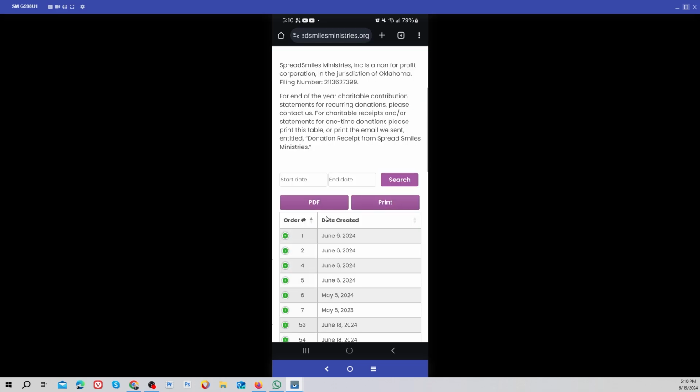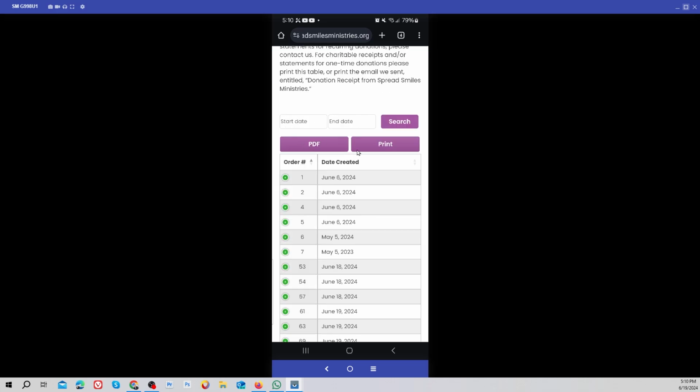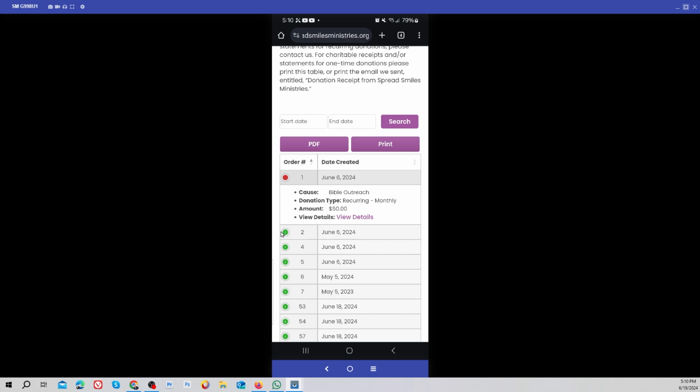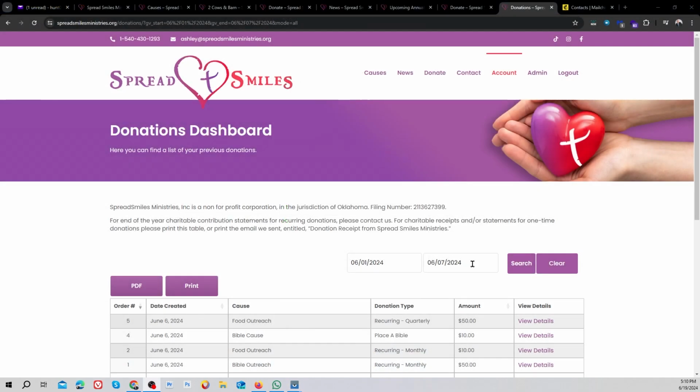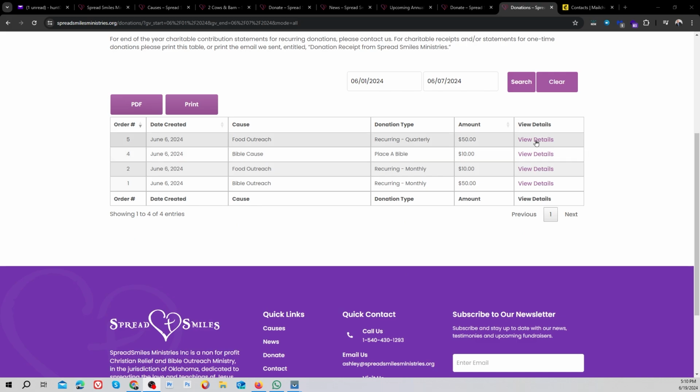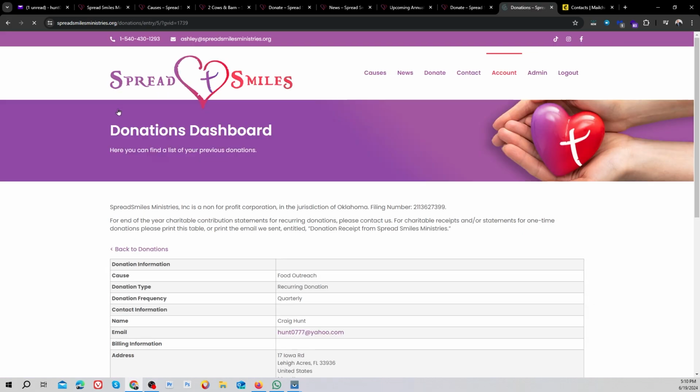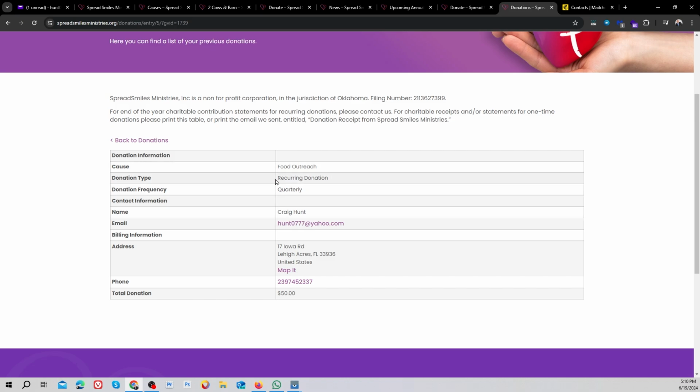Okay, and let's see what this looks like. Same thing, filters, a PDF and print, which are beautiful, and a responsive layout, so that if you hit the plus symbol next to each order, it shows you the cause, the donation type, the amount, and the details. Okay, let's go back to the main and let's look at the details. Each one of these orders has view details next to it. And, for example, this is a quarterly recurring donation,